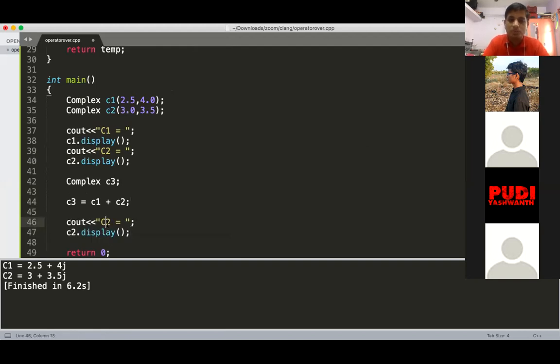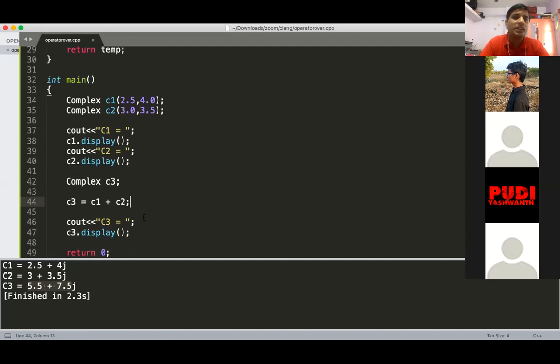If I'm checking the output, it is c3 dot display. So your output should be, I think, 4.5 plus 7.5. Yeah, not 4.5, 5.5 plus 7.5. So we got c3 successfully.